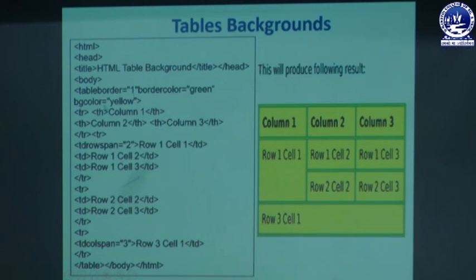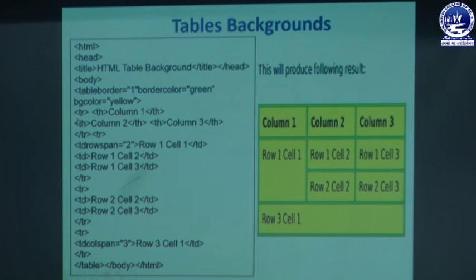Similarly, I have written here bg color equal to yellow. So bg color is used to give a solid color. If we give bg color in the table attribute, then the whole table will be yellow in color. Similarly, if we are using an image as a background, we can specify background equal to an image. We cannot use bg color and background at the same time. That means either the table will hold a solid background color or it will hold an image as a background. Here we have specified bg color equal to yellow in the table tag, so the whole table will be yellow in color.